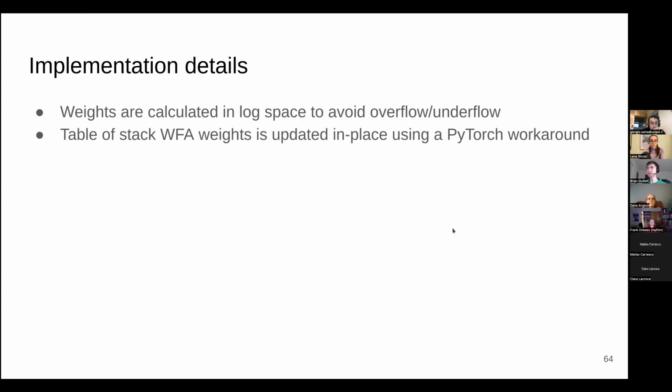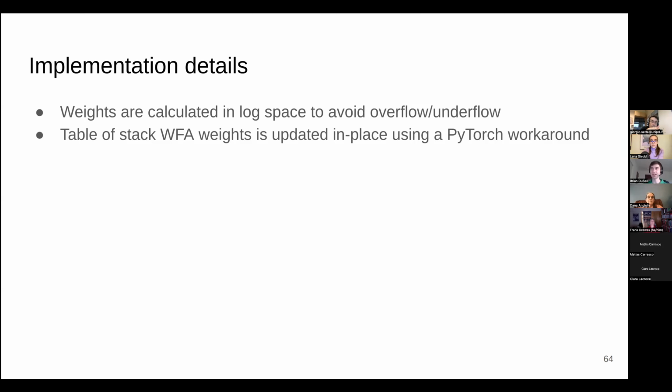At this point, I want to talk about some crucial implementation and engineering details. These are things we didn't spend a lot of time talking about in our paper, but they were nonetheless very important for getting this model to work in the first place. The first detail is that we need to do all these computations in log space to avoid overflow and underflow. This is especially important when using unnormalized weights. Otherwise, we'll definitely encounter overflow.